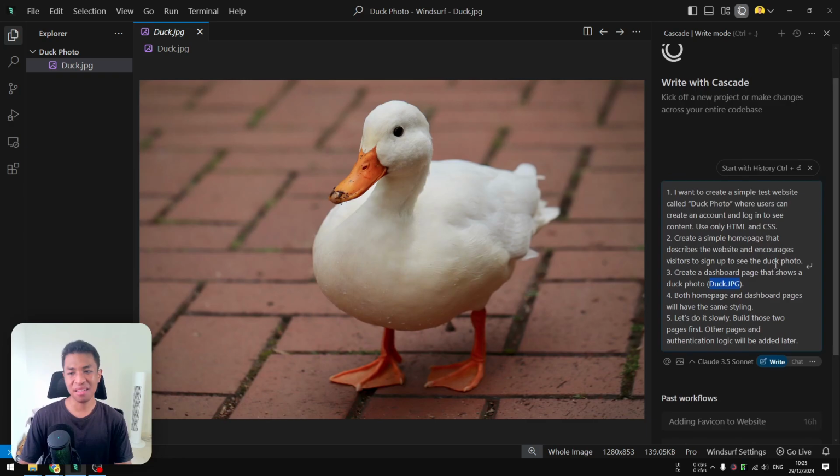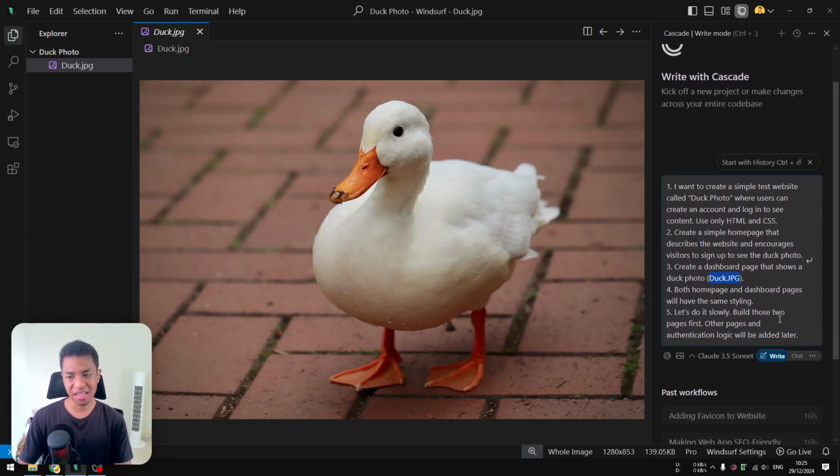Notice that I didn't say anything overly technical in this prompt because we are going to implement all those JavaScript files and authentication logic later. For now, we're just building the interface of the website itself. And I think the last point is very important. If you do not include this, there is a possibility that the AI may add the authentication logic right at the beginning, which is fine, I guess, but I think it is better to do it slowly